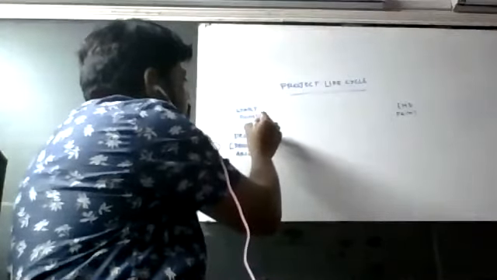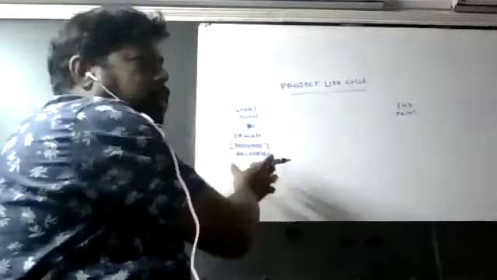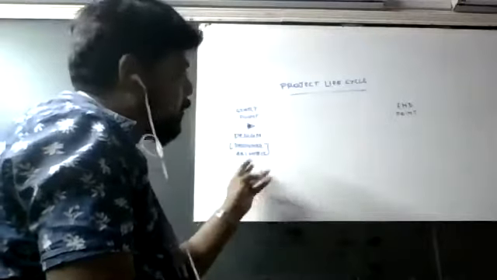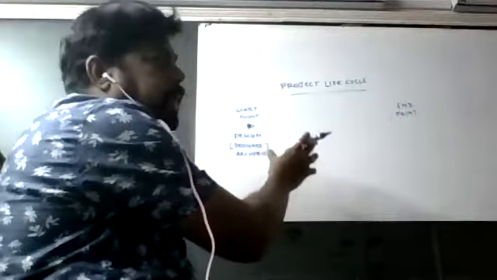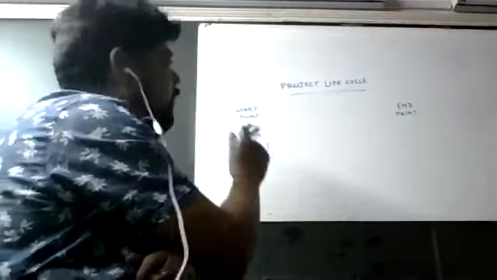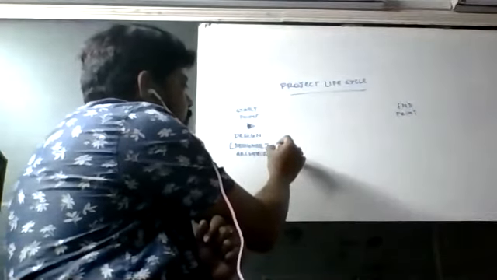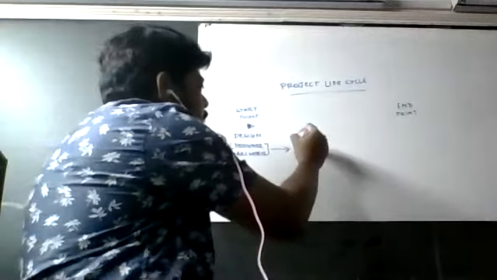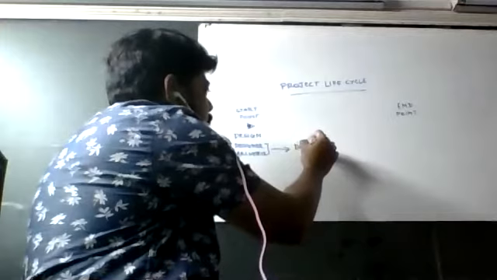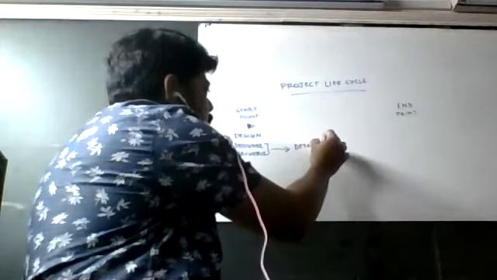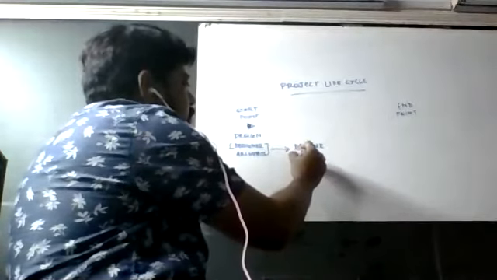Then he will prepare some drawings for another party, the detailer, who will be making the drawings. So this design information will be provided to the detailer. What is the work of the detailer? Drafting.